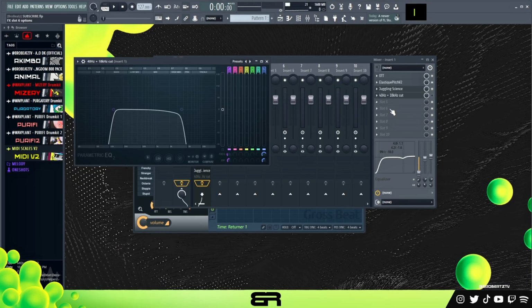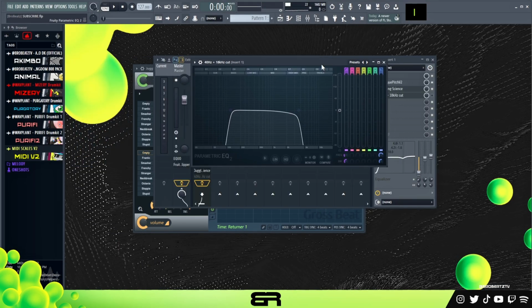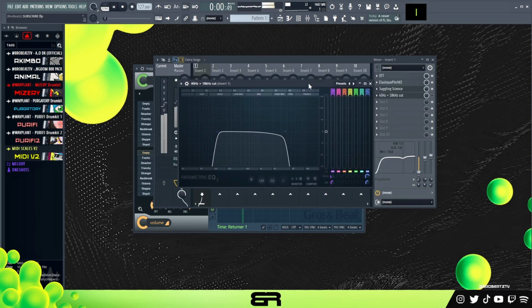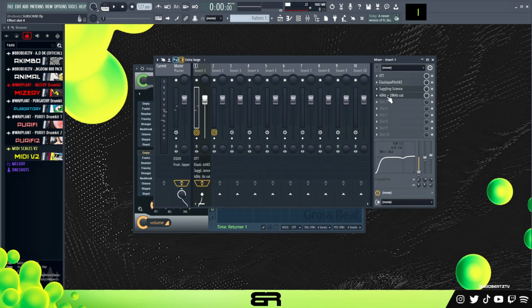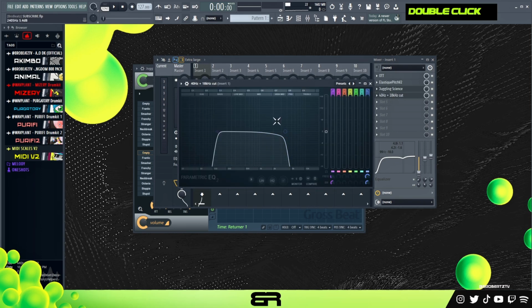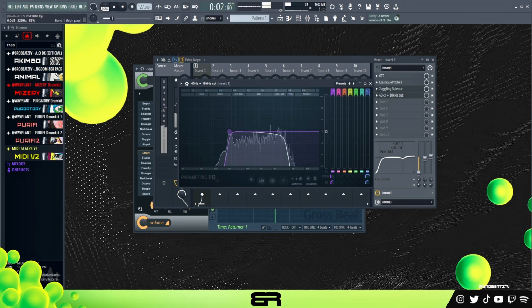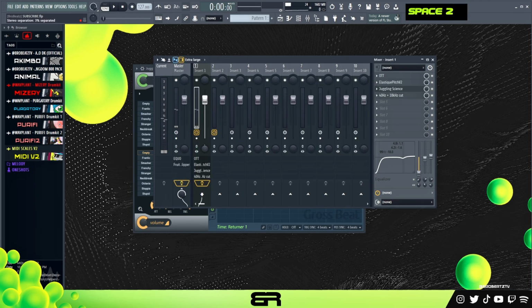All right, and then on top I just kind of took out some of it because you can see it's super high, like that, super high end. So I just took some of that out with this basic EQ, and that's pretty much it. That's the preset. You could probably spread it. I could use fat filter to do this, but